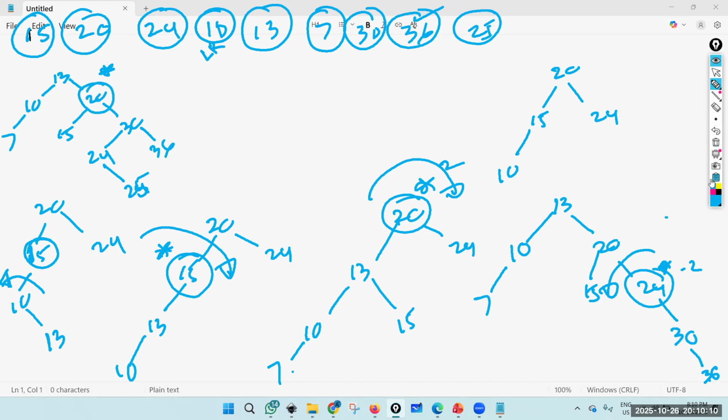Yeah? So therefore you need to do the rotation here, right? And by now the idea is to make it right. So therefore you need to do the right rotation. Okay, right rotation. So then the result is 13, 10, 7, 20, 15, 24 will come here, and 36 will go down,